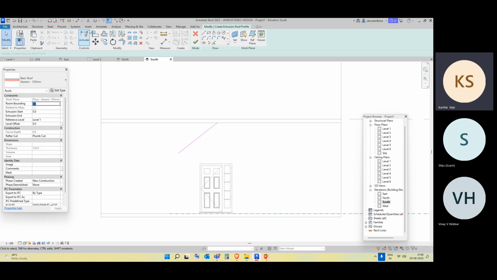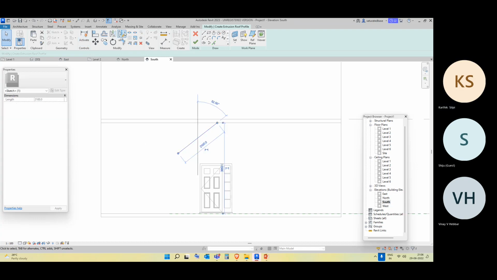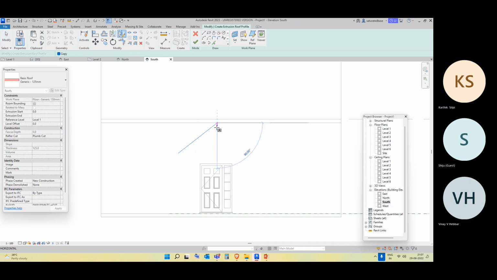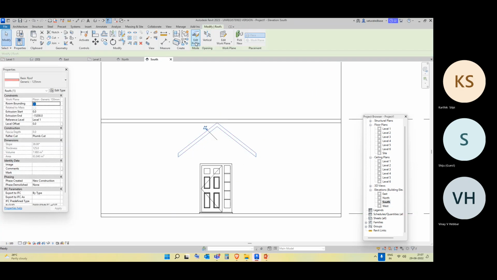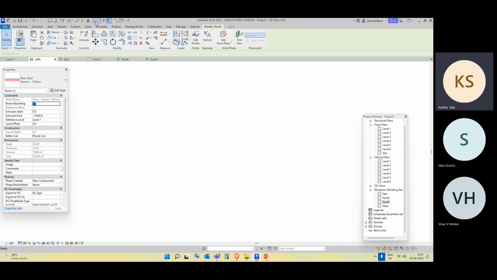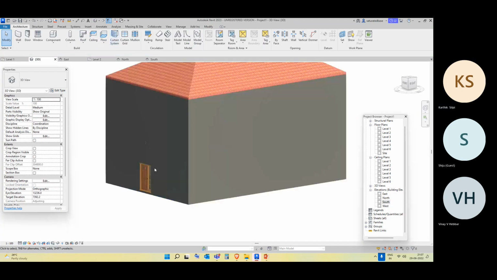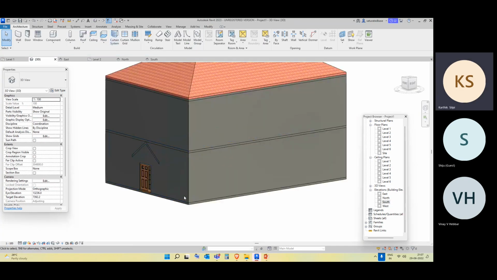Delete this line. Select this line. So let's go to 3D and see how this thing looks. This is not visible because I'll just do one more thing over here. Select this wall